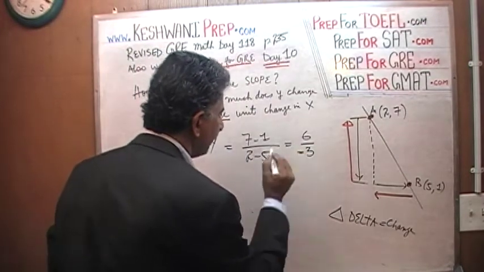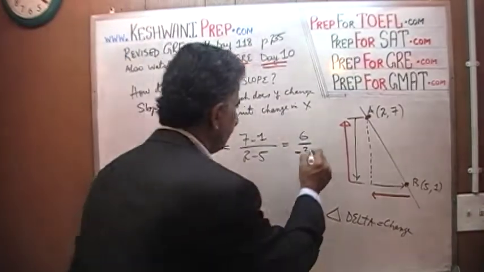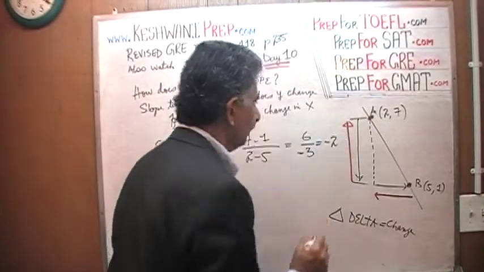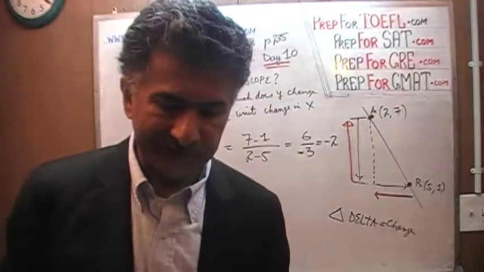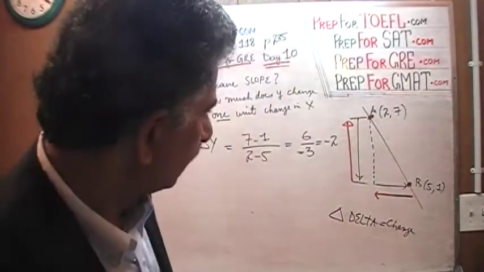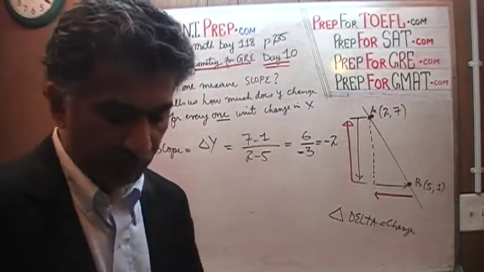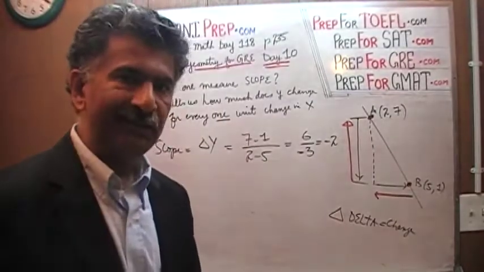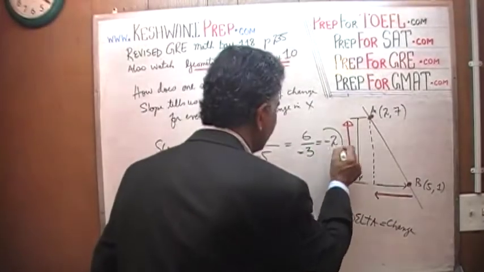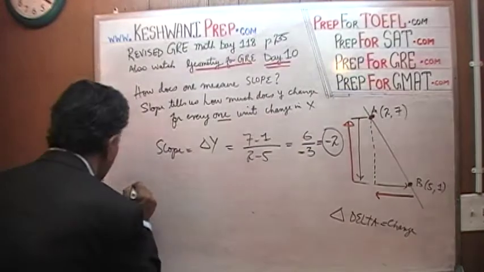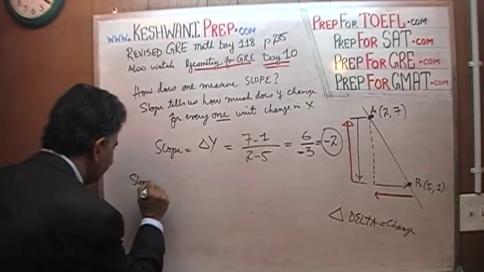Which is going to give us our negative 3, which is going to give you finally negative 2. The slope of this line is negative 2. What does it tell you? How do you explain this in the English language, the slope of negative 2? What does it tell us? The slope of negative 2,